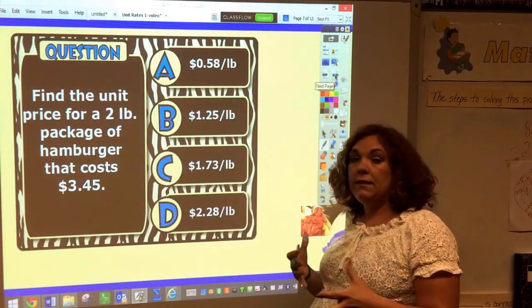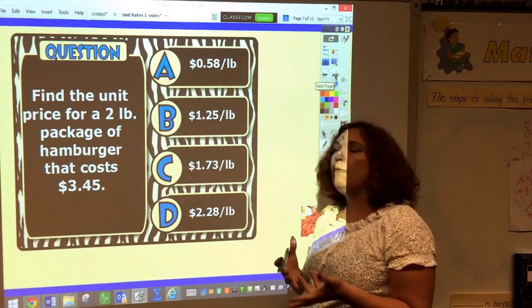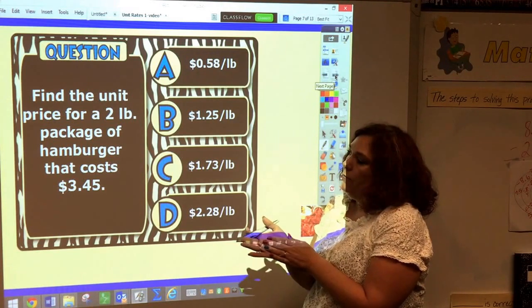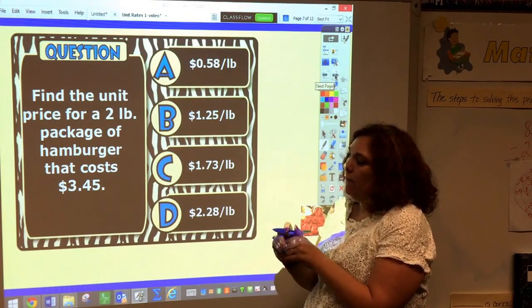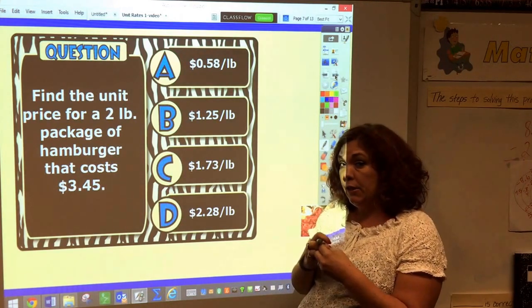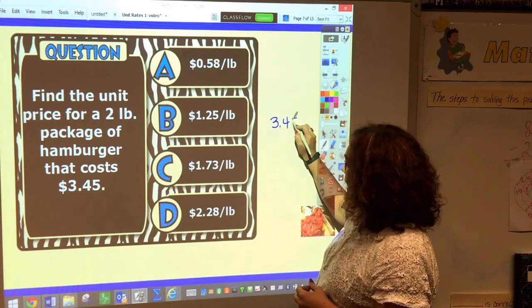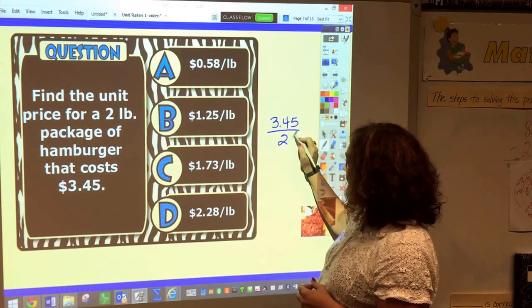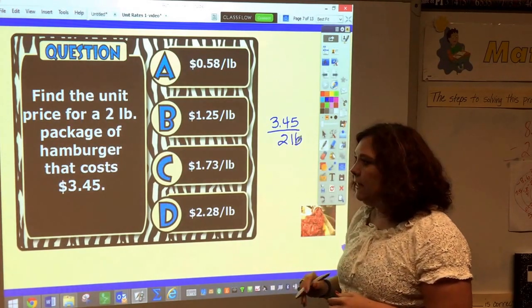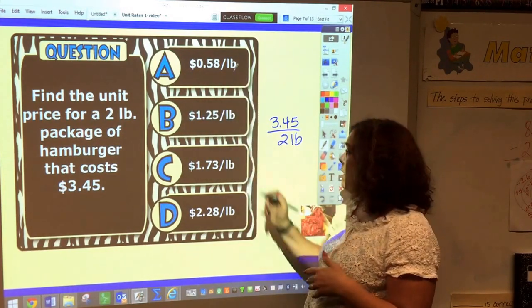Now this one, this is money and shopping, and you do this a lot with unit rates. Find the unit price for a 2-pound package of hamburger that costs $3.45. Well, your money is always going to go on top. So $3.45 and you get 2 pounds. And you want to find out how much 1 pound costs, so the cost per pound. So I divide